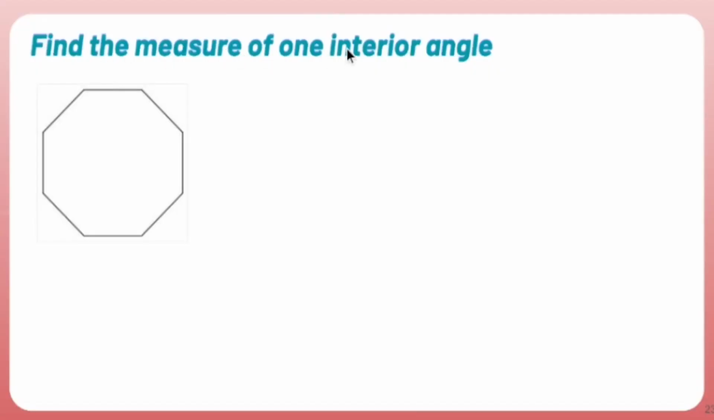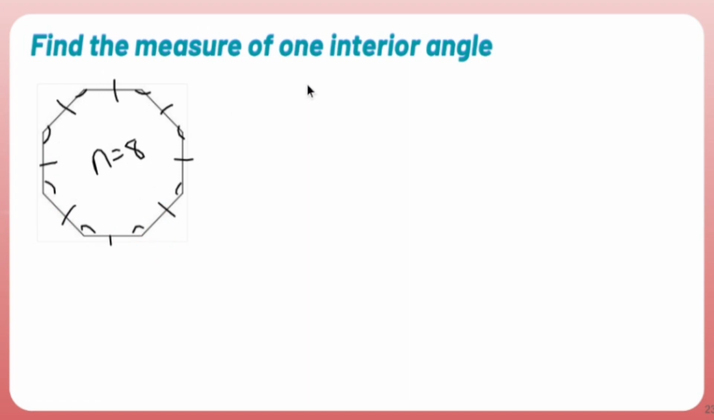Find the measure of one interior angle. We are given a regular octagon where all of the angles are exactly the same. So this is what we have to do first. In order to find one of the angle measures, I have to find the angle measures of this whole thing,